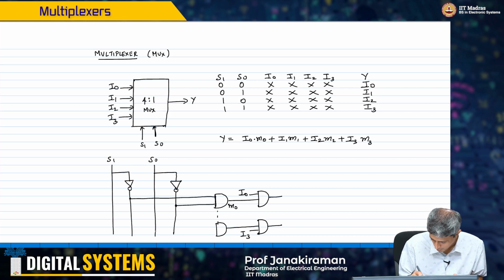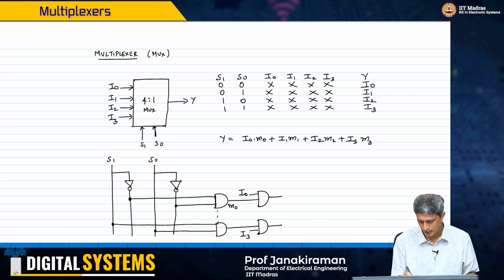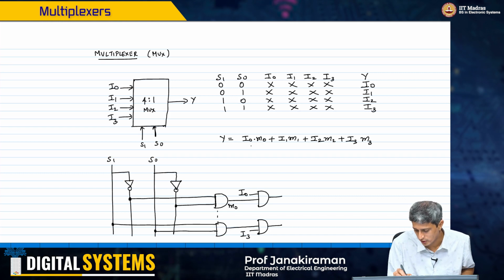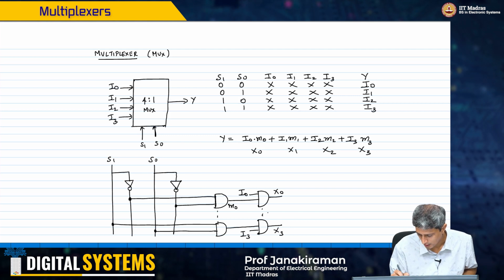I will just take this output and this output, and I will get the 4 minterms that I wanted for this expression. So let me call these x0, x1, x2 and x3. Out here I'll get x0, I'll get x3, then eventually I need to put them through an OR gate,